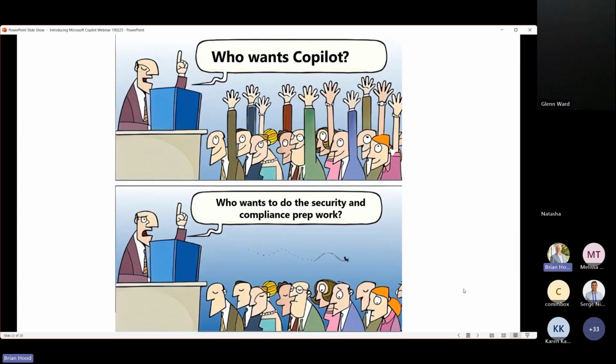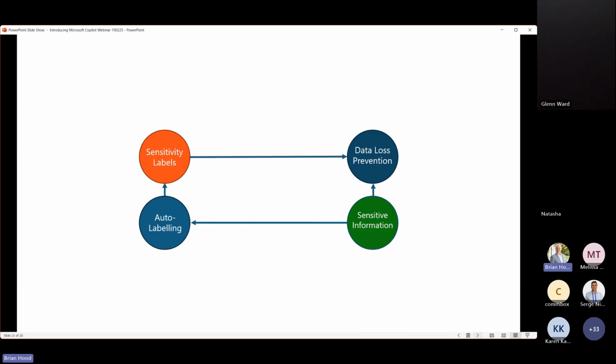So just finishing on the last couple of slides. We get a lot of our clients we speak to. Who wants Copilot? Everyone does. But who wants to do the security and compliance prep work? Not too many takers. So again, we do stress that this is important work that needs and should be done prior to launching Copilot in your organisation.